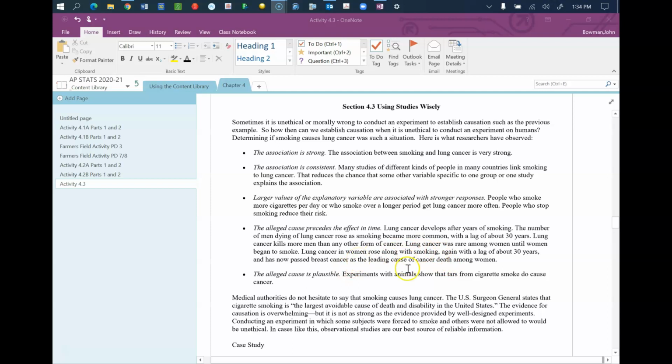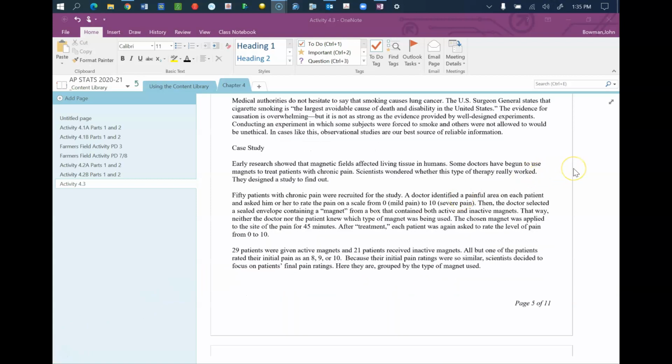So, again, ethics is not part of what we cover in the AP curriculum, but I thought some people might be raising the question about how we established some of these cause and effects without being able to do experiments. This is an explanation of that. So I want to finish up the chapter by looking at this particular case study and trying to connect it back to all the things that we've talked about, particularly with experimental design.